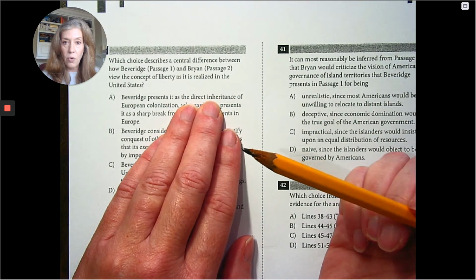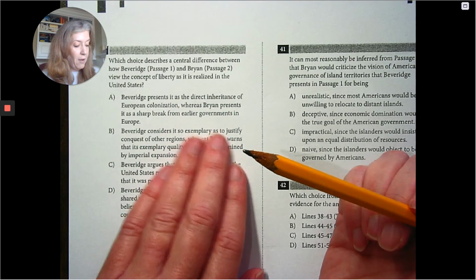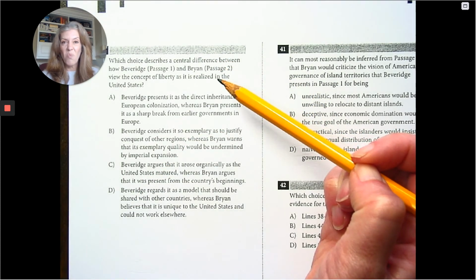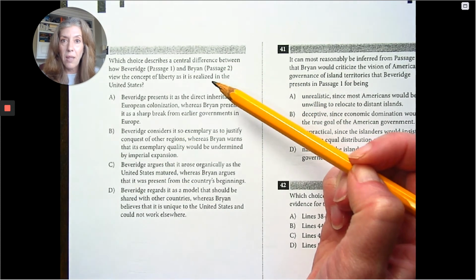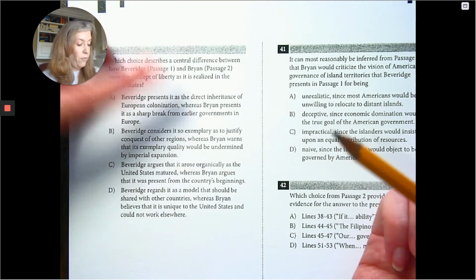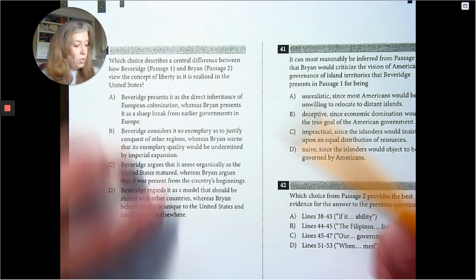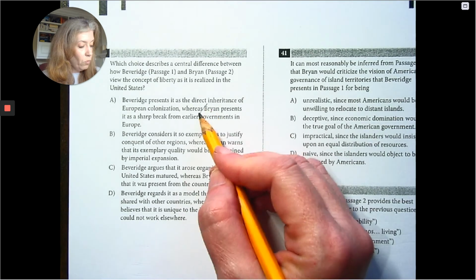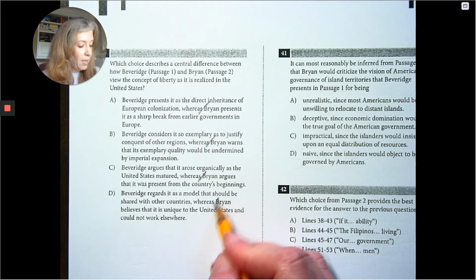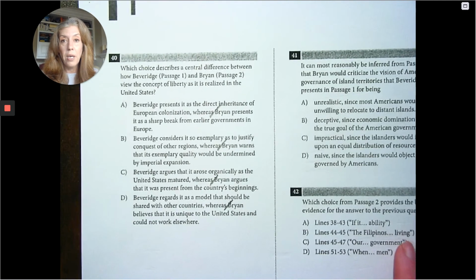Beveridge presents it as a direct inheritance of the European colonization. You would just look at the first half. If you, however, feel like you know Bryan and you just have bonded with Bryan's theme and understand that theme, then you would just look at the last half of it. You just would look for the one that's true for Bryan's theme. So just look at it that way. Just think about it as a half and half. When you practice this the first time, it takes a little bit of time. This is a true time saver when you get to the actual test. So